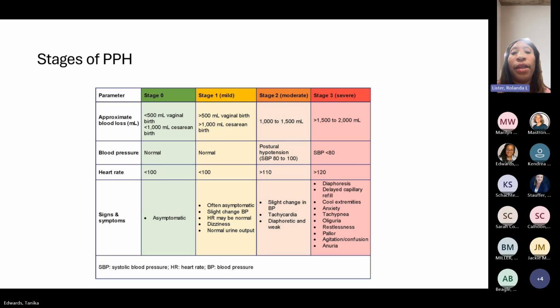O'Leary, ligating the uterine artery, and ultimately hysterectomy if you're not able to control the bleeding. Those are things that should really be automatic, so that you can prevent that triad of death. You want to prevent the coagulopathy. You want to stay ahead of that, replace factors. You want to prevent acidosis,